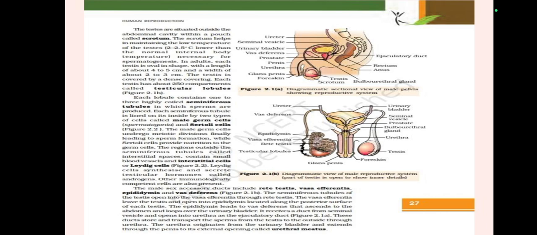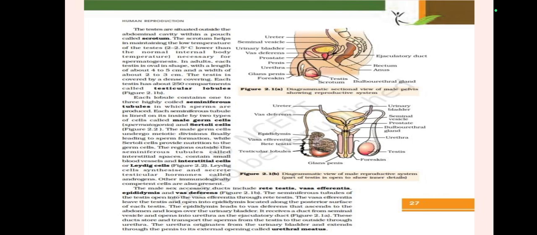The male sex accessory ducts include rete testis, vasa efferentia, epididymis, and vas deferens, figure 2.1b. The seminiferous tubules of the testes open into the vasa efferentia through rete testis. The vasa efferentia leave the testes and open into epididymis located along the posterior surface of each testis. The epididymis leads to vas deferens